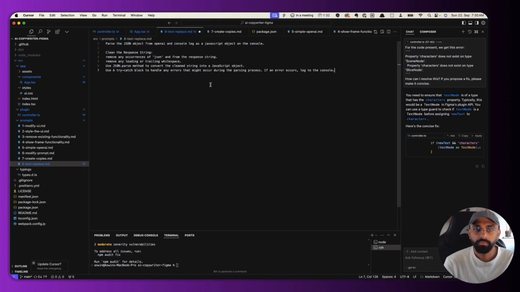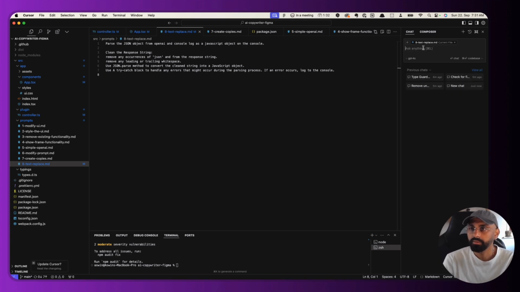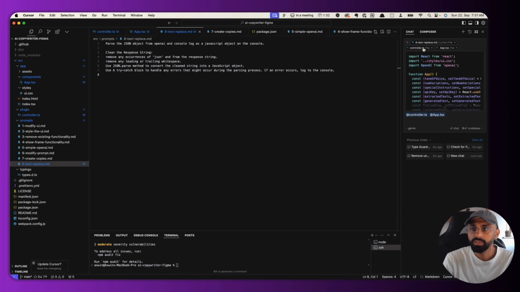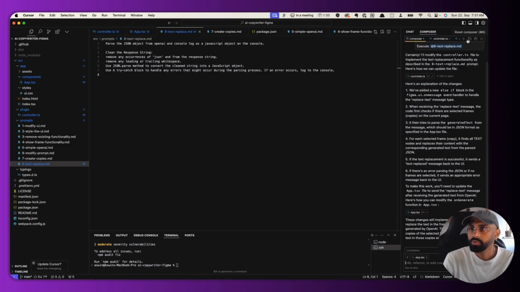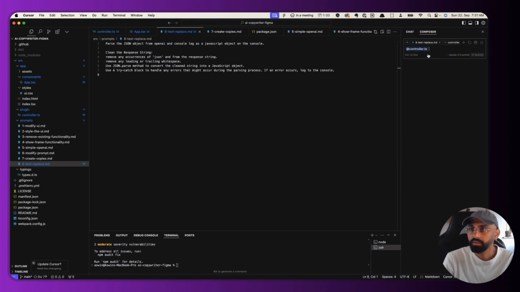So I'm going to say parse the JSON object from OpenAI and log it as a JavaScript object in the console, and clean the response string, remove any occurrences of JSON, and remove any leading or trailing white space. How did I get all of this? I got it all from the chat. I'm not showing you how the chat works right now because I just pasted the whole chat. So I'm just going to say what needs to be done, and let me accept, and I will go into a new chat and tag controller and app, and I will say it needs to be in the composer. So I will open a new composer and I'll say controller and app, and I'm going to say execute